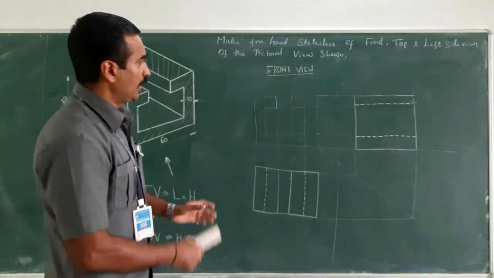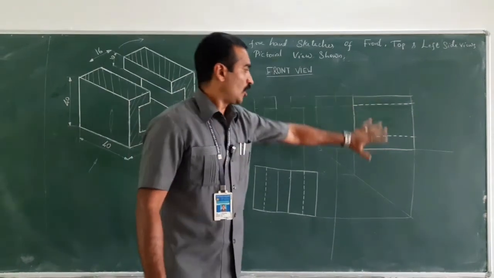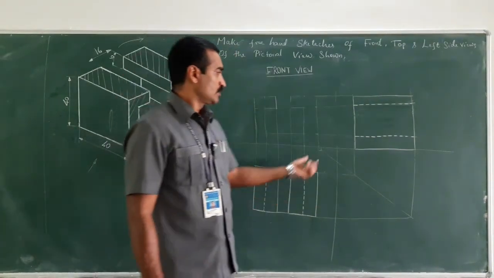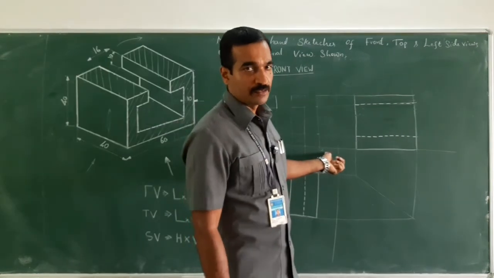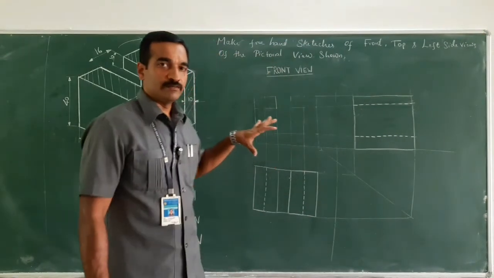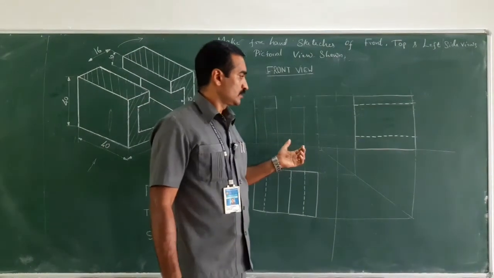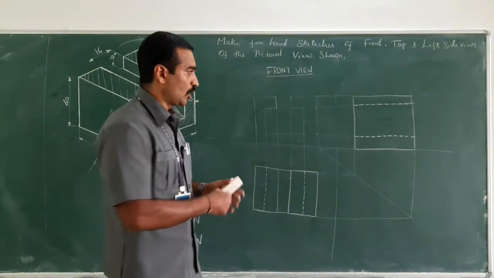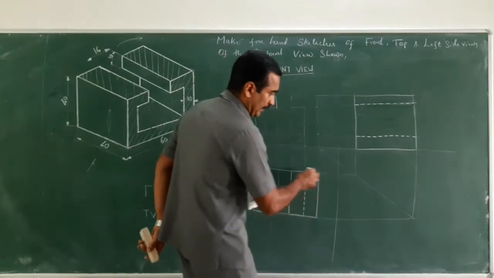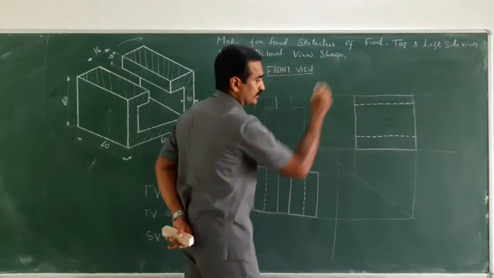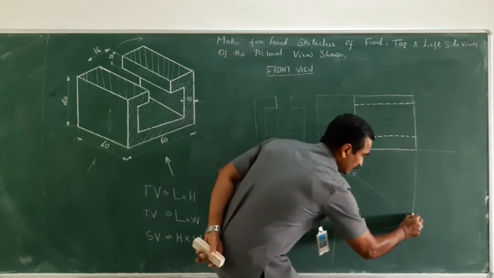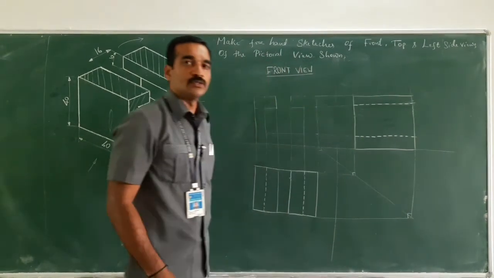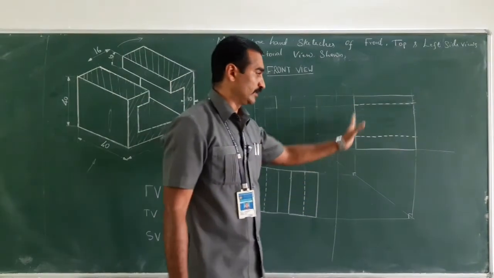Fine. I have constructed all the three views. You may ask, why did I draw the 45 line here? See, the chapter which we are doing here is orthographic, right? Ortho means 90 degree. When I project this edge to the side view, look at here, it's 90 degree. Look at here, it's 90 degree. So that is why it's called orthographic, right?